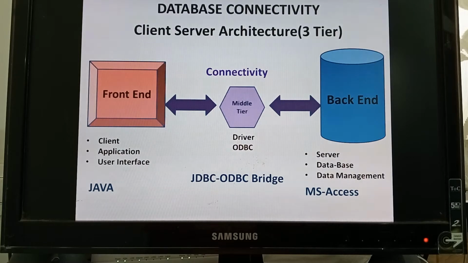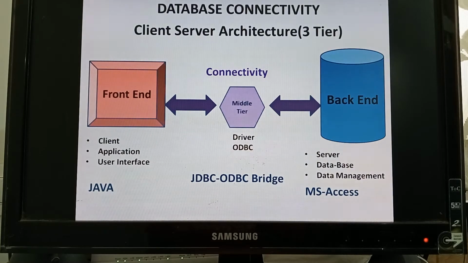Later on, Microsoft has developed one driver, ODBC, that is Open Database Connectivity Driver. After that, it became easy to remember a generalized stepwise procedure for connecting any front end with any back